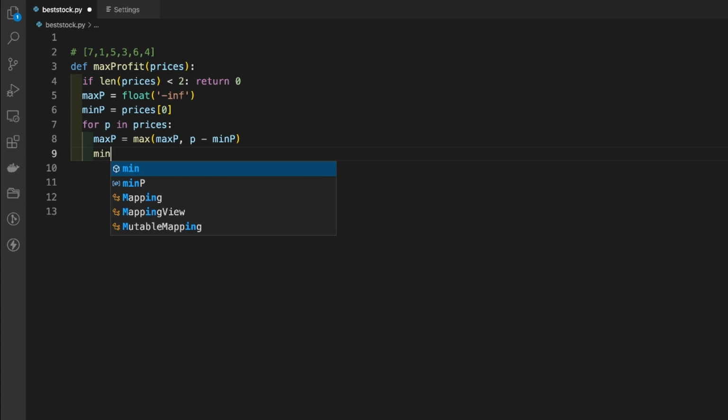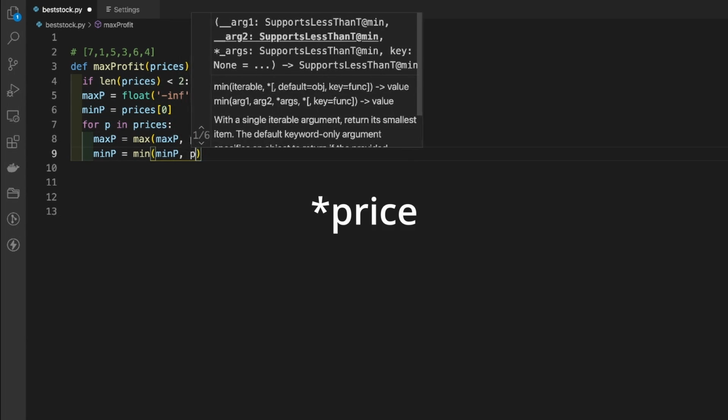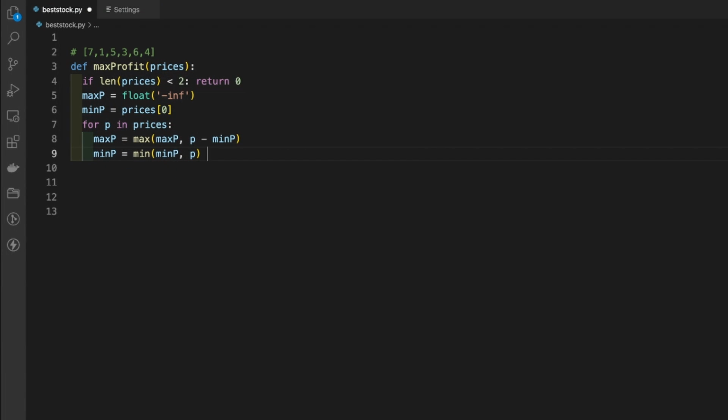And then our min p is going to be equal to the minimum of min p and profit. So as we go along, we're going to be looking to see what is the new min. So right now our min is going to be equal to 7 because we just started, but when we move over 1 and we go to the next value, which is 1, our minimum value is going to be between 7 and 1, and that is going to equal 1, which ends up being our